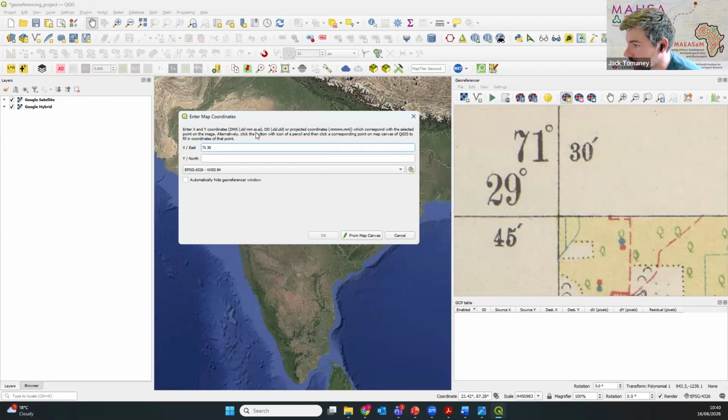The reason for that is you can see here that if your coordinate points are in degrees, minutes, seconds, which mine are, you enter degree, space, minute, space, second. So I've put 71 for the degrees, space, 30 for the minutes. If your map has decimal degrees, which I don't think any of the maps we've given do, you put it in a different format. But for now, we're just going to use this first format. So 7130 and then